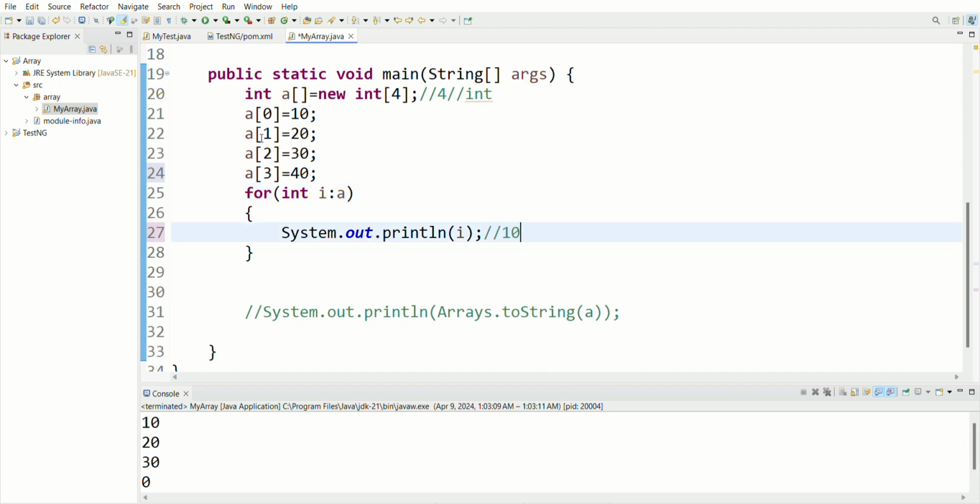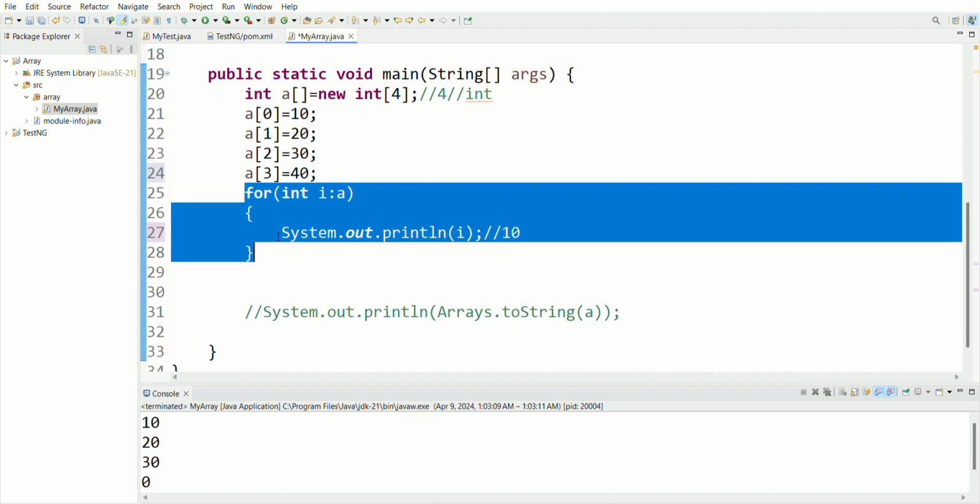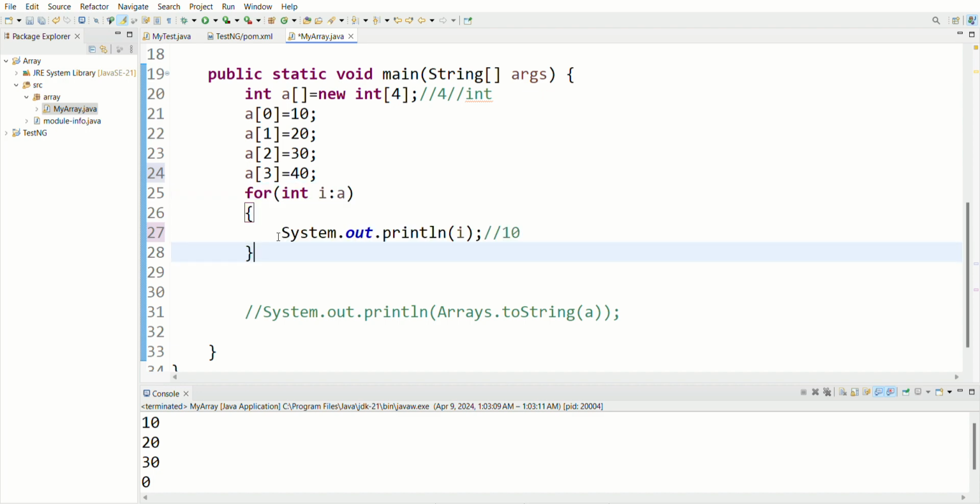After that, this is the for each loop. It will iterate. It will continue its statements till my array is complete. Till the size of this array, it will execute. It will move in the loop. Now the array at index 1 is equal to 20. Again, what was the value of int i? The int i value was 10 previously.